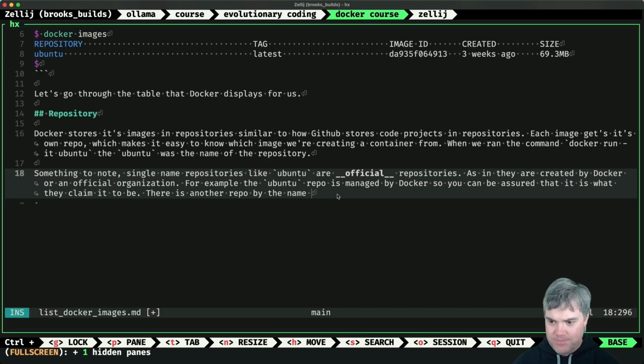Okay, so if the repo had a namespace like